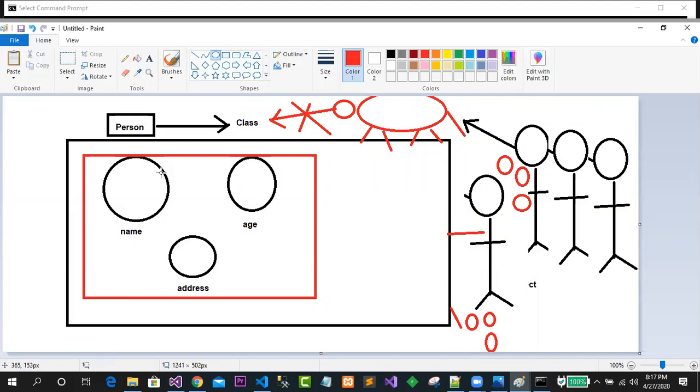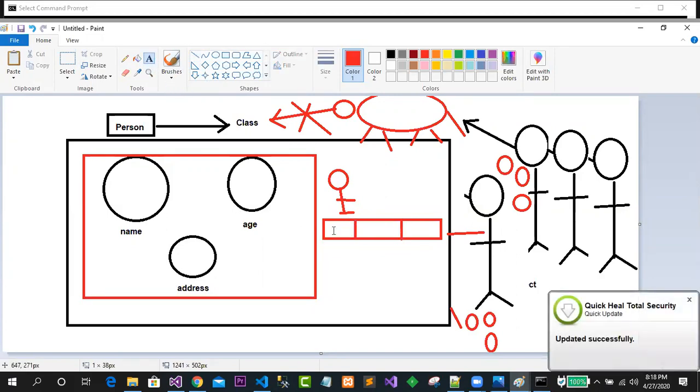In here the variables are not going to be reused again. Once you have used the variables in persons, all the objects can share or use these variables. It does not mean that a single variable they are going to have. No. Let's say this is the first person. How exactly does it work? For this first person, 3 variables have been created. The first object has its own name, age, and address.